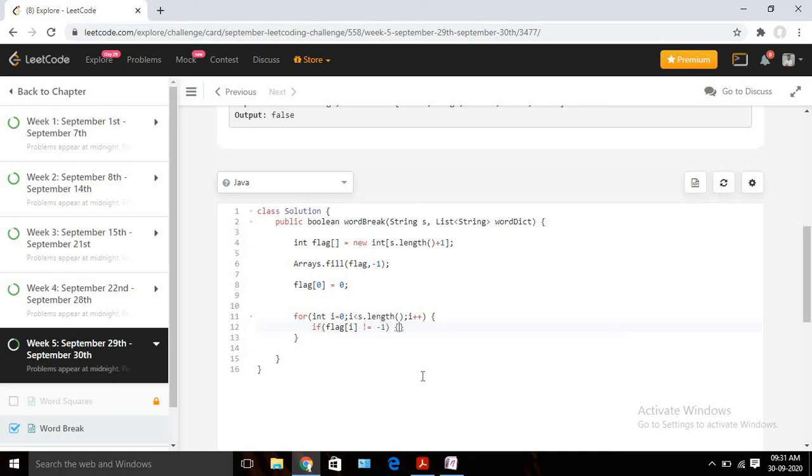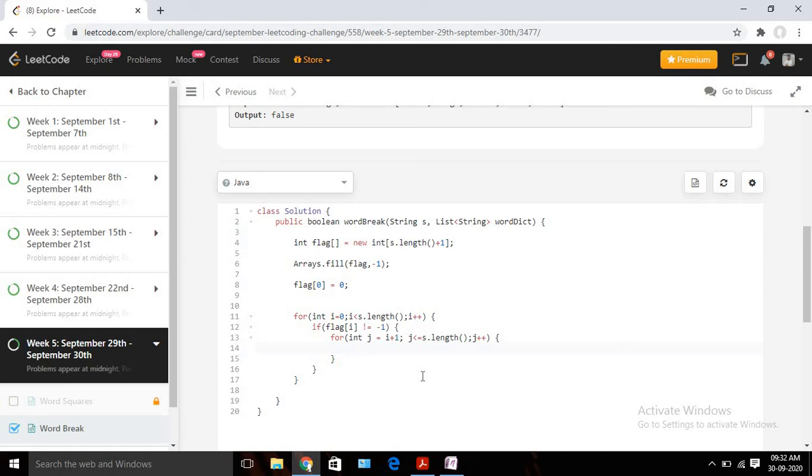If it is not equal to -1, I will check that. If I see it's equal to -1, then there is no need of checking. So if it's not equal to -1, I will write another for loop, and this time it will start from i plus 1 and run till j less than or equal to s.length, and then j plus plus.